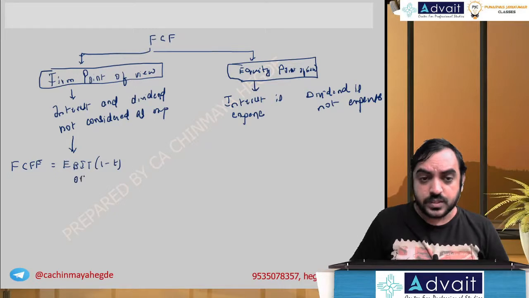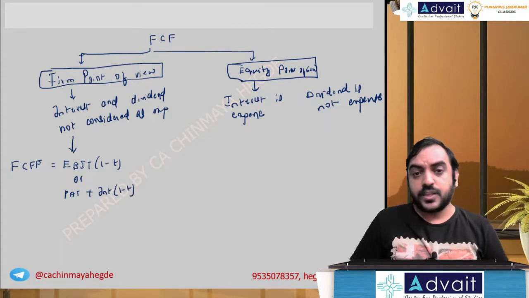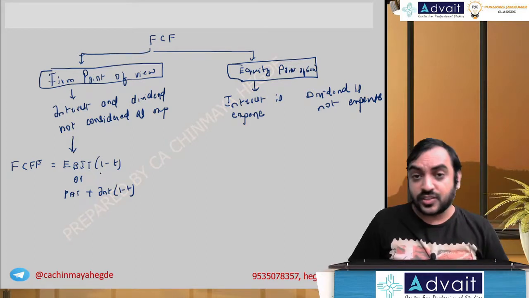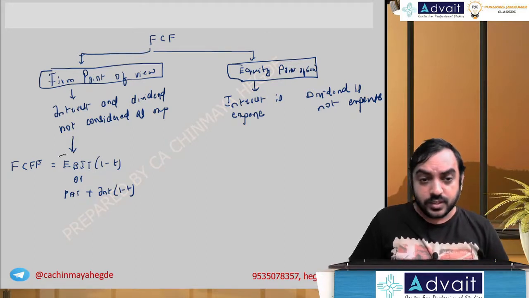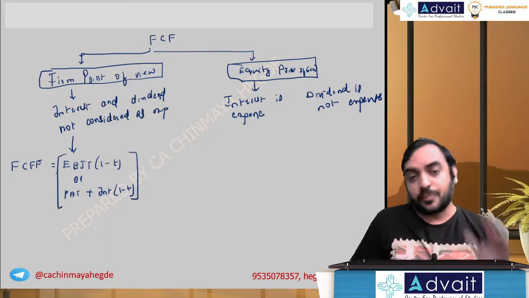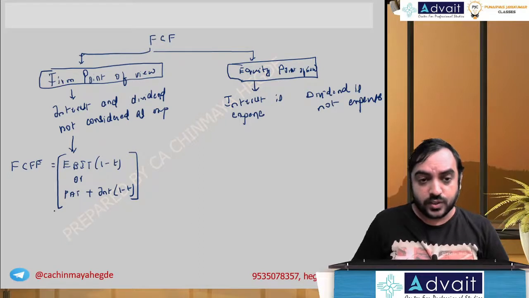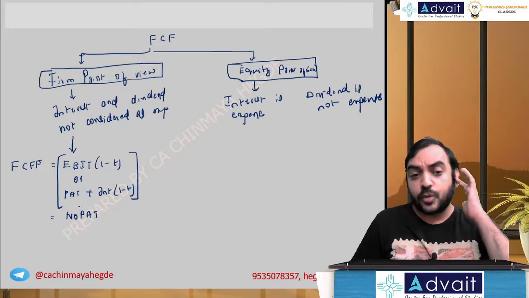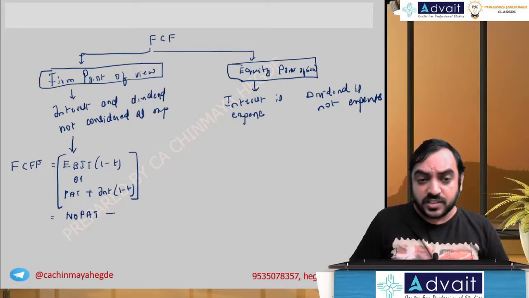Or I can do profit after tax plus interest into 1 minus T. So basically, I have subtracted interest earlier, now I add back interest. This is what is going to be your net operating profit, called net operating profit after tax, NOPAT, plus depreciation